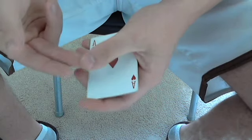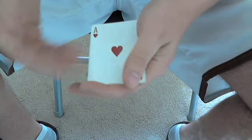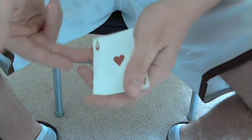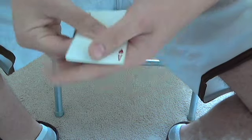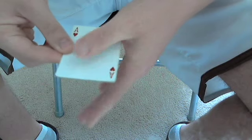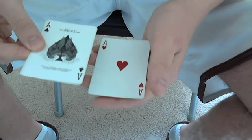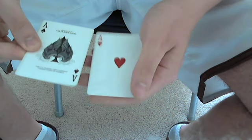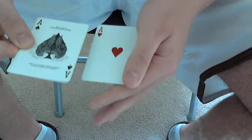Now, what you want to do is grab the deck between your middle finger and pointer finger of your right hand. And remember I'm right-handed. So you grab it here with your thumb on top. And you don't have a very deep grip like this, just by the edges. So what you're going to do is into the left hand, into the thumb crotch, with your thumb on top and your fingers on the bottom, you're going to take that card into almost like a loose mechanics grip, holding it just by the corner here with your thumb and your